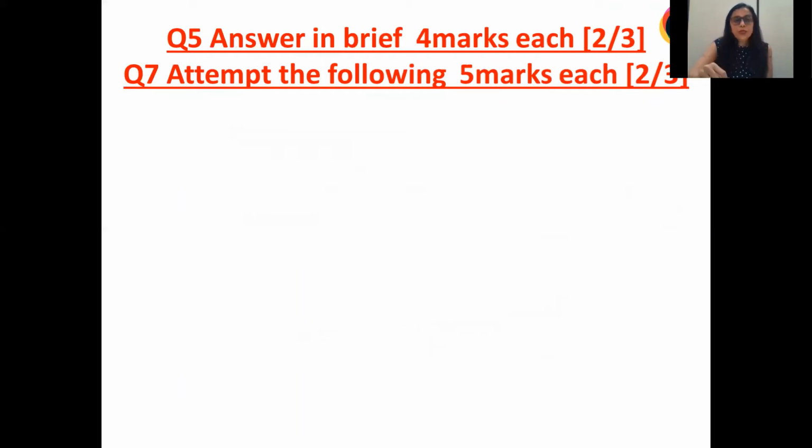Moving on to the next question. If you see, question number 5 as well as question number 7 are quite similar. Both are in fact nothing but short notes. The difference is question number 5, answer in brief, carries 4 marks each, and you have to attempt any 2 out of 3. And question number 7 carries 5 marks each. The good news is the 4 marks question, that is the answer in brief, will be coming along with an instruction, explain any 4 features, give 4 importance, or explain 4